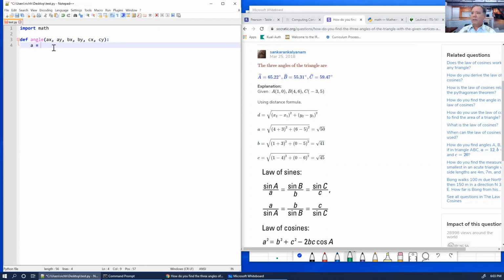So A is going to be math.sqrt of BX minus BY, this value squared. We can do star 2, and we're going to add to that. Oh no, I'm sorry, this is CX. BY minus CY to the power of 2 squared, and we just close this. Yes, so this is A, the square root of this squared